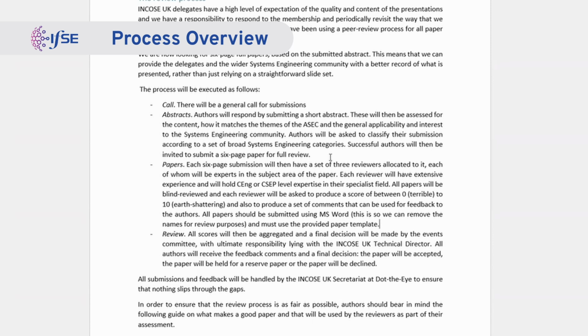So that's the first part. You submit the abstract. On that, you give us an idea of the topic areas, and then I can start looking for reviewers. Assuming that you're successful with the abstract, you get about a month typically to then write the paper. Each paper is limited to 6 pages. As I said, I'll then allocate 3 reviewers, each of whom will be experts in the subject matter of the paper. Each review comes back and is scored 0 to 10, 0 being terrible and 10 being very, very good.